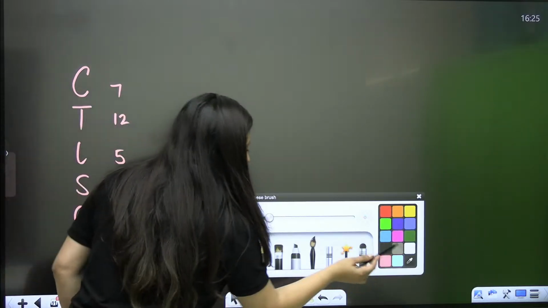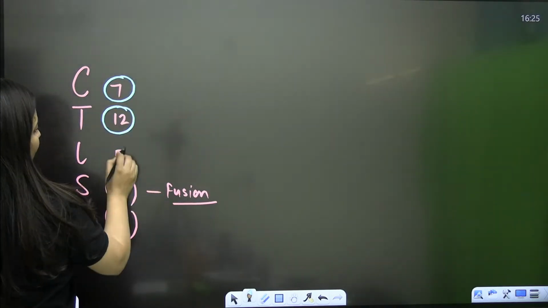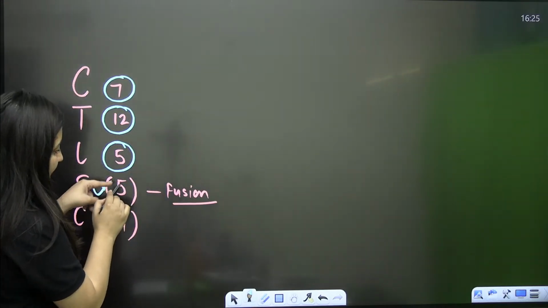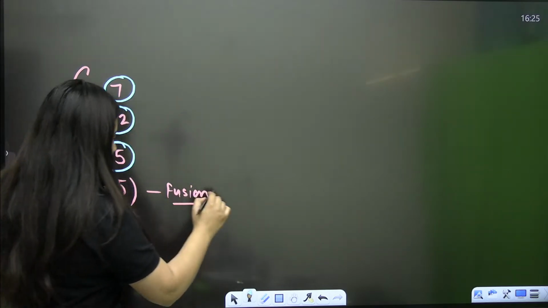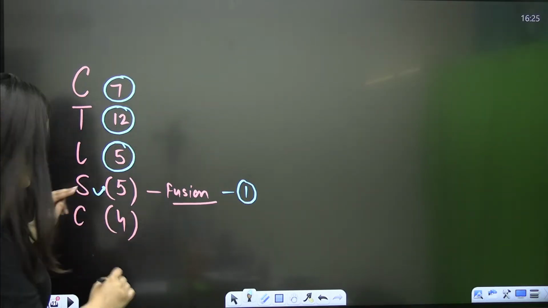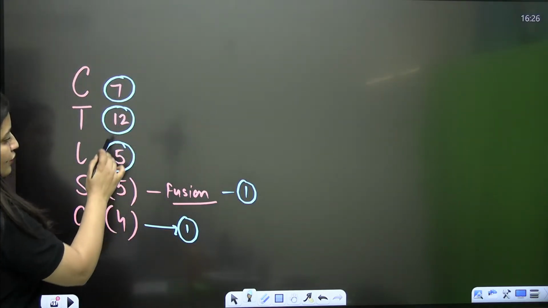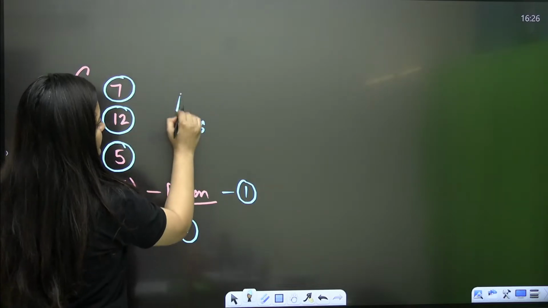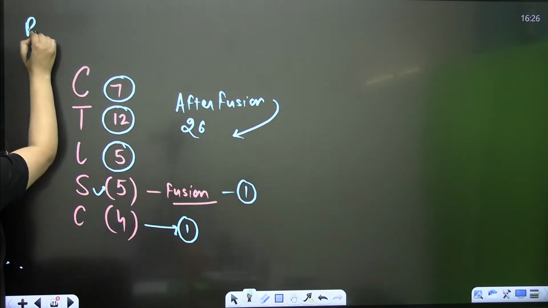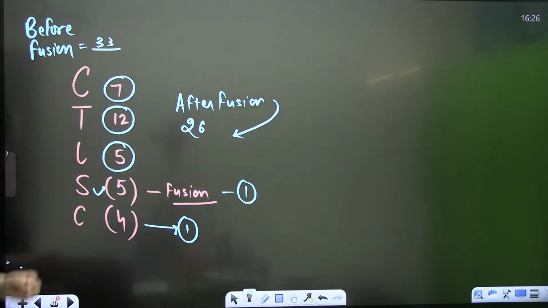So when you talk about the neck vertebrae, the cervical vertebrae, they are total 7. Thoracic, total 12. Lumbar, that curved part, total 5. Sacral, they are also 5. But those 5 vertebrae will fuse, and after fusion, they will form only one bone. Coccyx also, 4 are fused, and after fusion, it will form 1. So now add it: 7 plus 12 plus 5 plus 1 and 1. It's total 26. After fusion, we have 26, but before fusion, it will be 33.